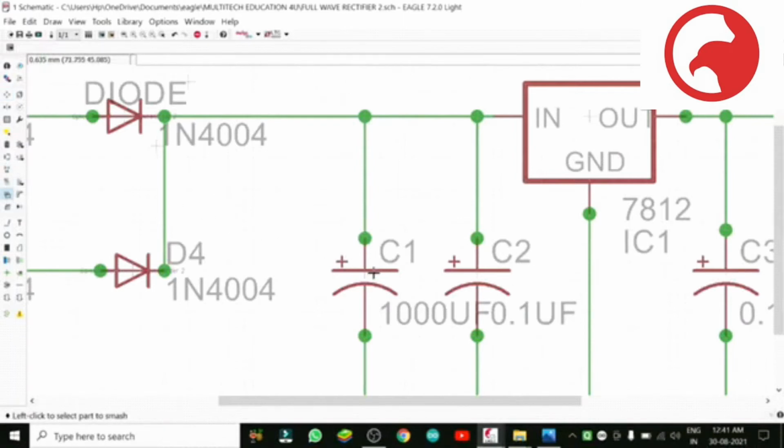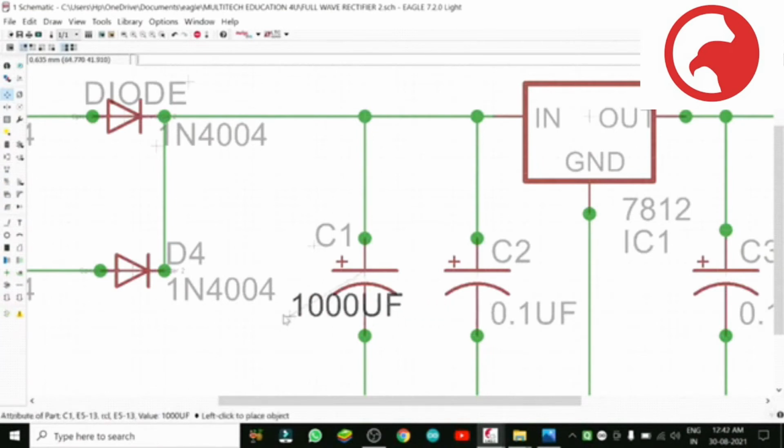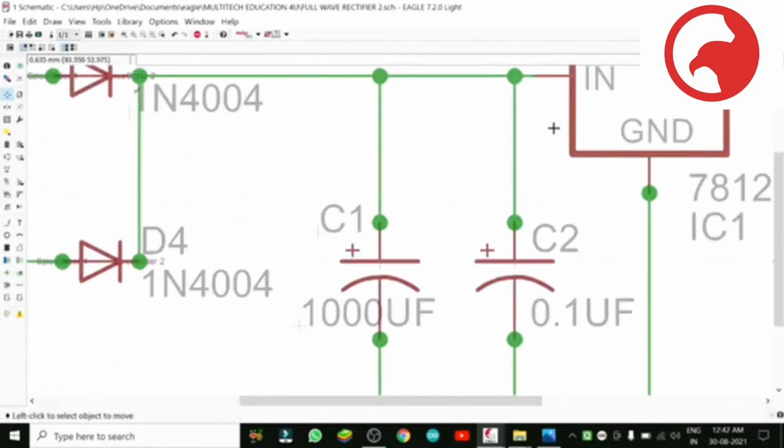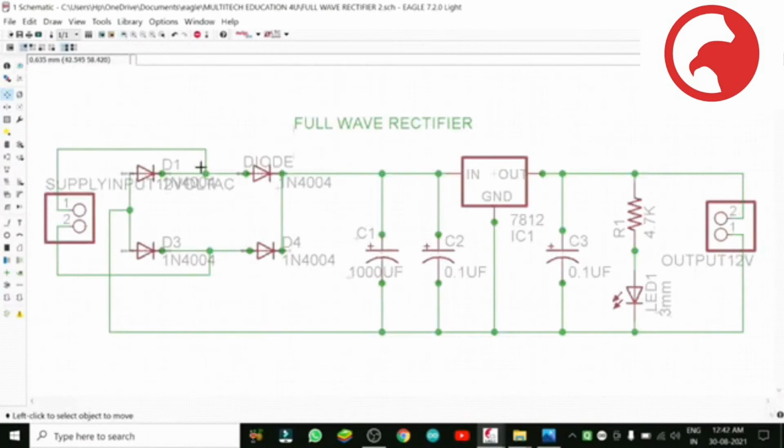Now here, come to the center, smash, now the move button, you see, just click on the positive mark in front of it. These positive marks we obtained by selecting smash and coming to the center, and click on the positive mark. Then after selecting the move button, you can do anything.